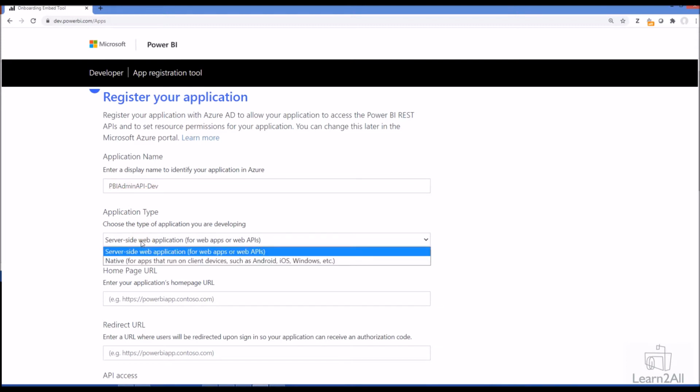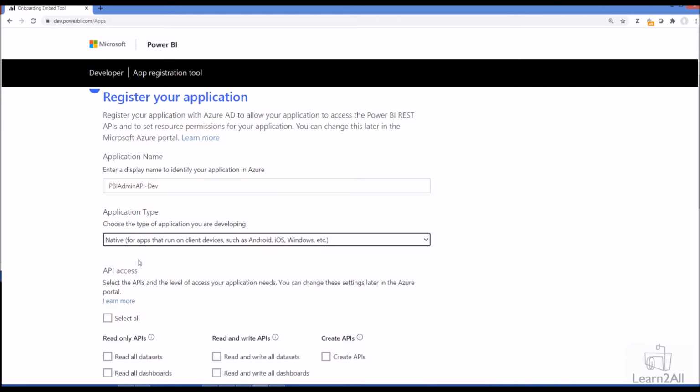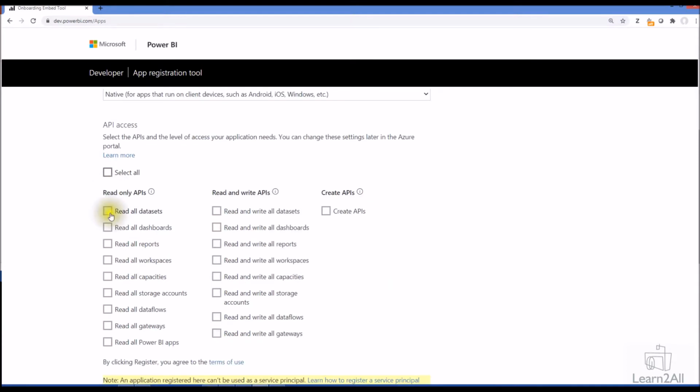Now from application type, select the native option. Now from API access, select all read-only APIs. The reason is that we are calling these APIs from Power BI Desktop, so we don't need any read or write access over here. So just select the all read option from here.